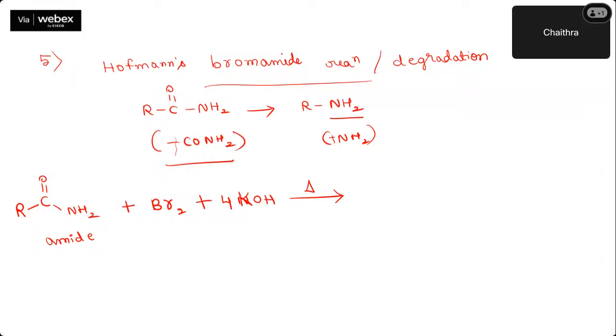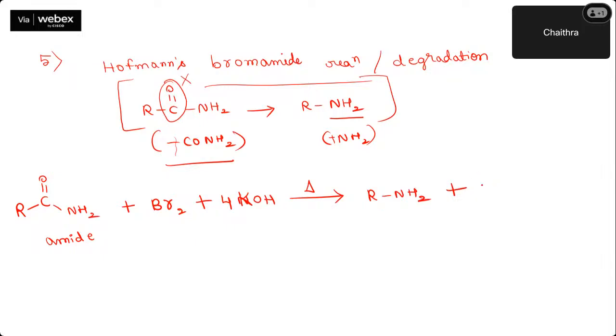Now you tell me the product. What should be the product? See, look here. This is the general idea you should have. You take amide, you make amine, just remove this part. Yes, Anilin, how is it possible? It is amine, right? So I get RNH2. Yes, correct. Plus byproducts are also possible. If you write the mechanism, you will understand. But if you write byproducts directly, you have to remember them as they are. Otherwise, you write the mechanism and understand each and every step. Yes, Jeevan, correct, very good.